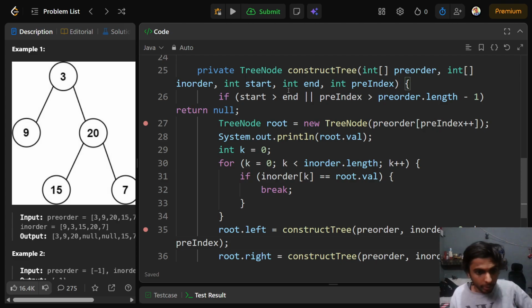Oh, the start is 0, the end is 1. And is 1. This condition is already 1. Well, I can see why this is not working, but